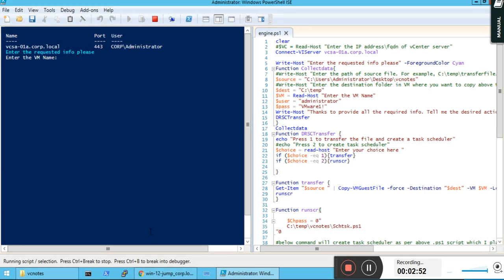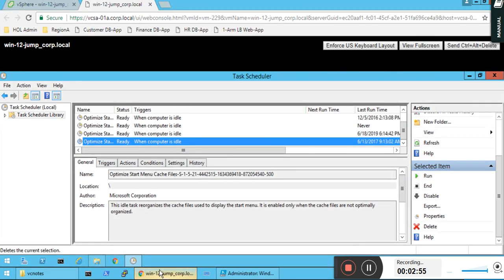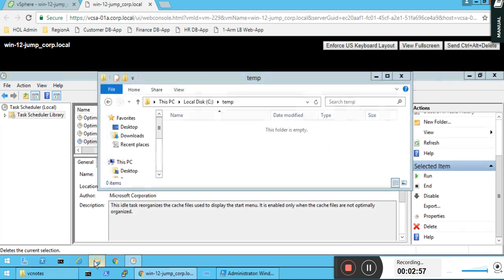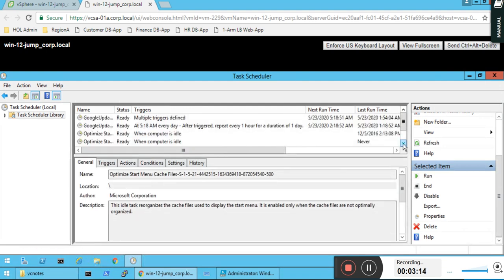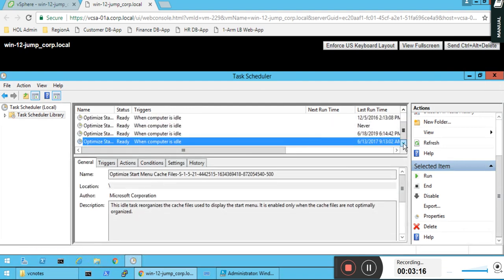Just verify that it is not already there. I'm going to transfer those scripts to the temp folder in C in this virtual machine console. As you can see, this is the console, right? We have checked that it is not there. Just close it, and also verify that the task scheduler which I am going to create is not already there, right?